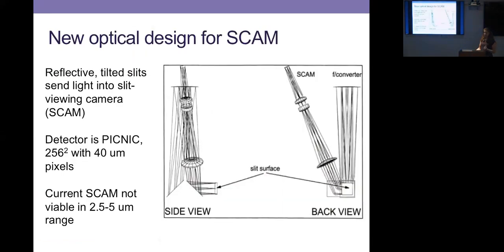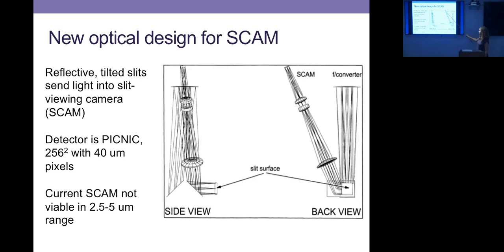And then another project that I've worked on pretty extensively has been the optical design for the slit viewing camera, or SCAM, which is a terrible name, I will admit. And so this is basically a view of how the SCAM works. So you have your slit surface here, and light is coming to a focus at the surface of the slit, and any light that does not make it into the spectrograph because it's not going down the slit is actually being reflected off of this surface because the slits are all gold-coated mirrors. And so then that light bounces back onto a fold mirror